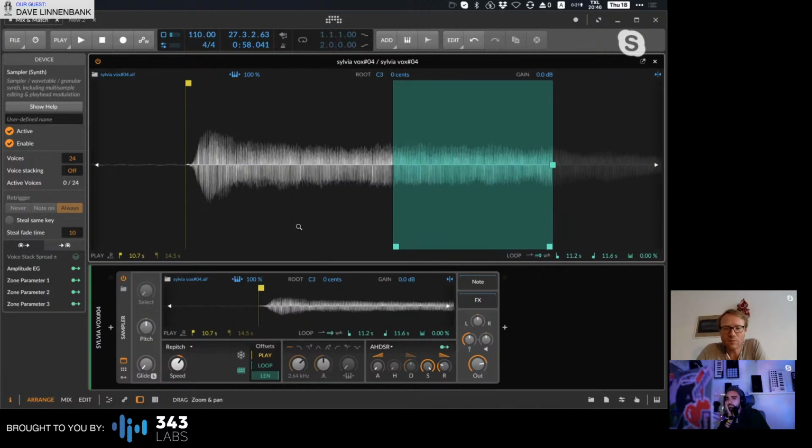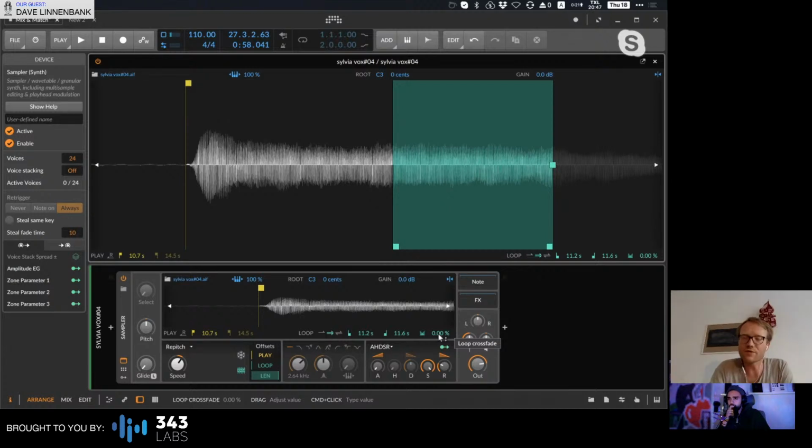Well, one little visual thing just to talk about for 2 seconds. This, as you can see here, is loop crossfade. Now, if I turn that on, maybe you're imagining how it's going to visualize that a certain way. Because I'm guessing if you're like me, when you see what it actually visualizes, it's not what you would have guessed. At least that was the case for me. So if I increase the crossfade,